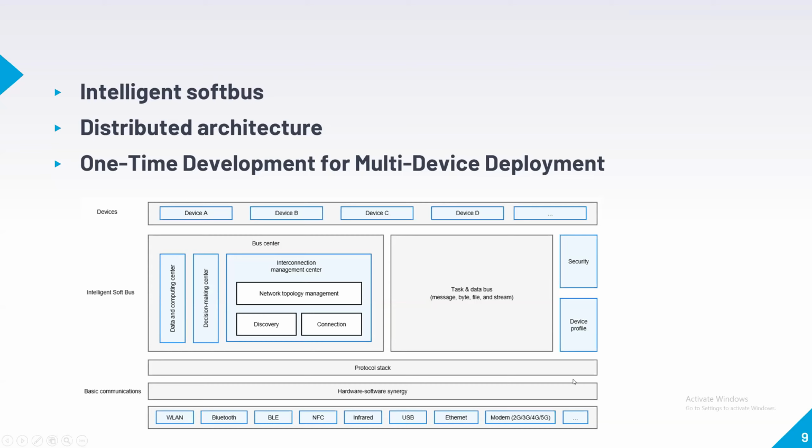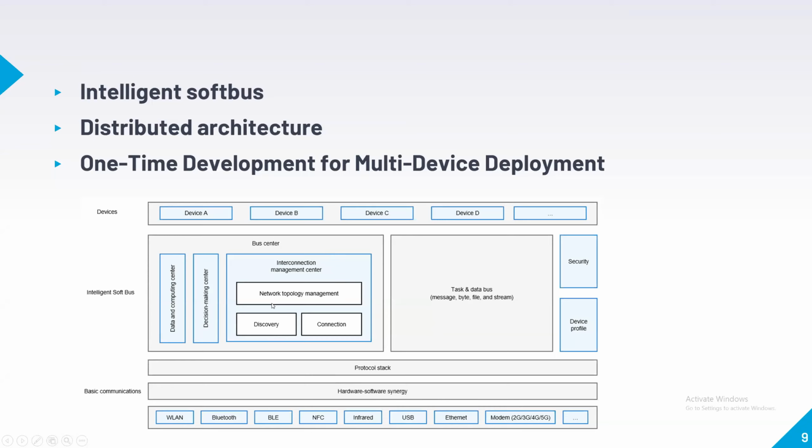Then we have hardware-software synergy, where no matter what kind of hardware we have, we are trying to have a similar kind of interaction available for our devices. That's the whole difference here. So the adaptation layers for each of these, converting to a protocol stack that is proprietary to Huawei, are established over here. Then we have a bus center, where, based on the type of communication that we have,